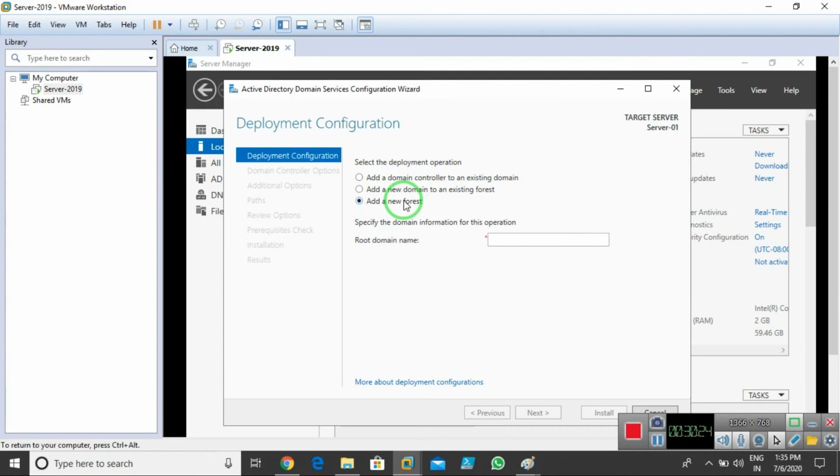So that domain controller is automatically becoming a root domain controller or parent domain name. So I need to define the name over there. Imagine I go for abc.local. That's it. So this is what my root domain name is,